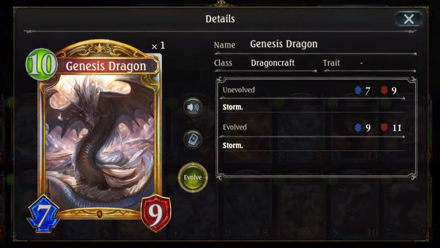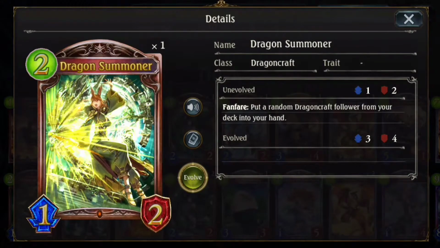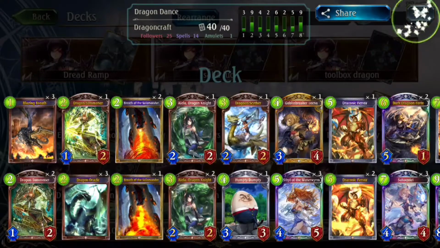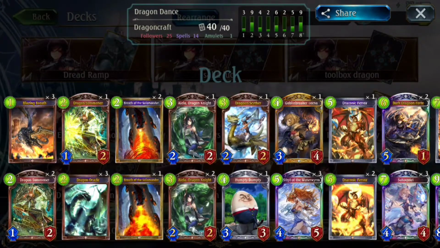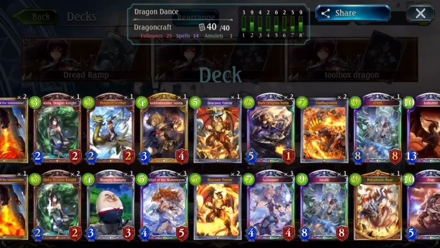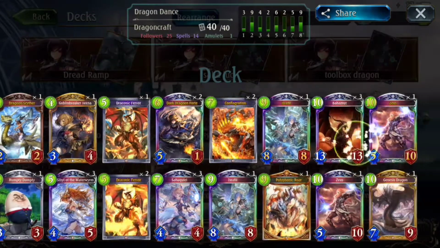Additionally, this can be pulled off of Dragon Summoner, which I actually like a lot, just because being able to find your Storm Units for free is pretty nice. Now, one thing that a lot of people will ask me is, do you feel like you're lacking the consistency of not being able to hit your ramp because you have all these other non-ramp targets in your deck? Well,